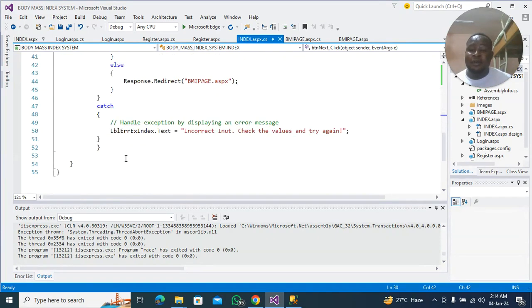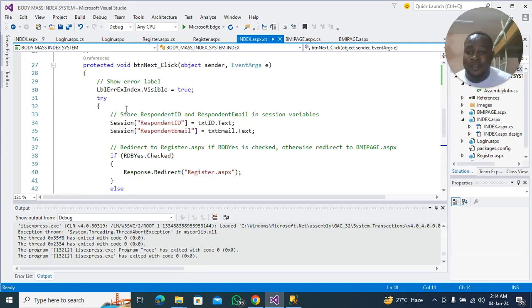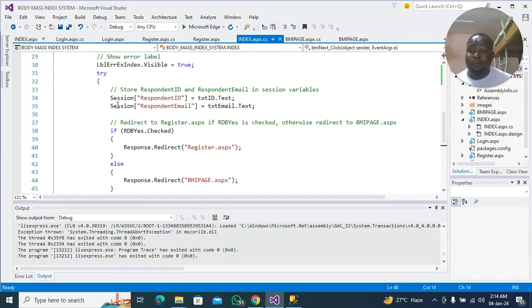So if a user enters a wrong input, this code will be executed, and then a prompt will be given: incorrect inputs. Check the values and try again. So this message will be displayed to the user for the user to know that he has made a wrong input. Good. Then we can see session